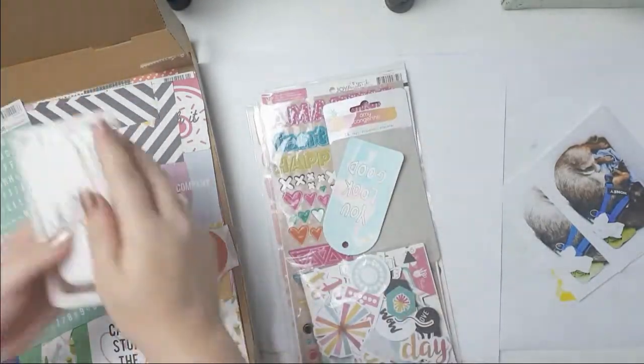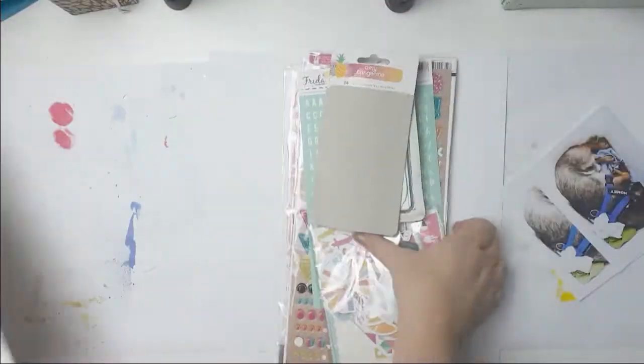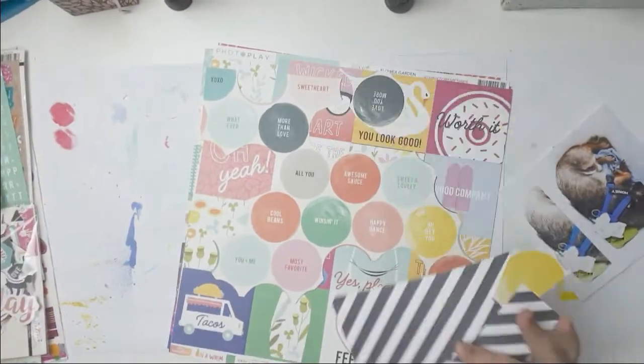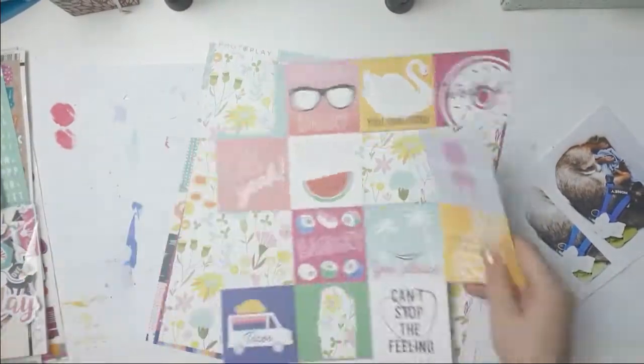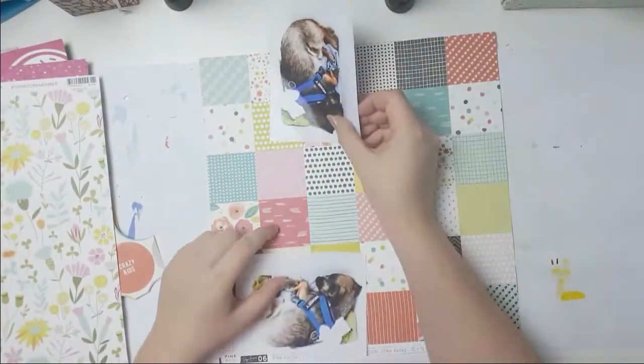Today I'm using the Regenbogen Party kit from Scrapbook Werkstatt, and I feel like I've been using this kit forever. I made so many layouts, but I still have quite a few papers left, and today I'm scrapping these two pictures of my dog,